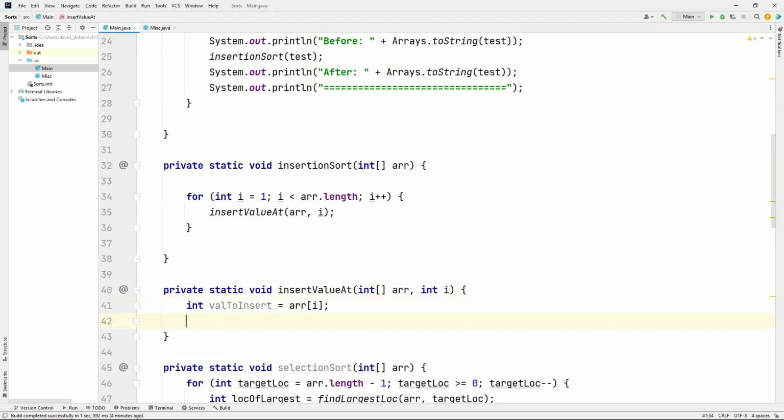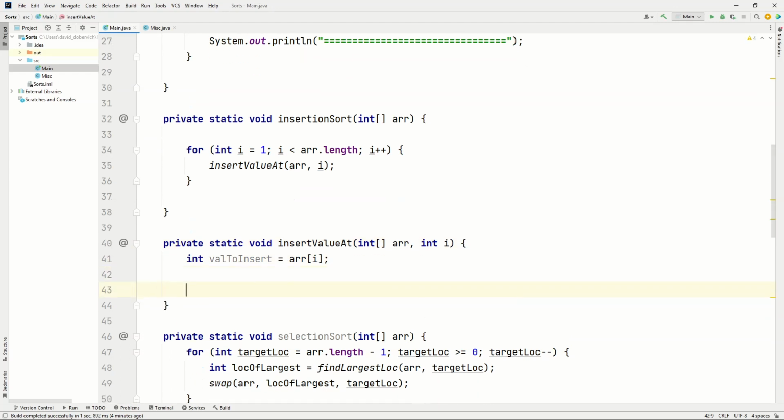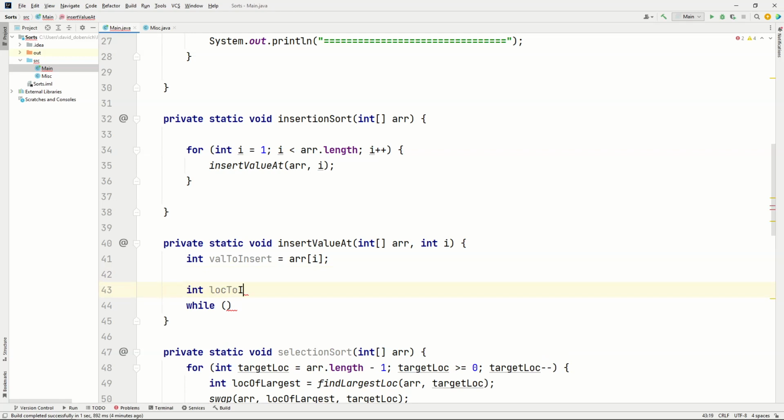Okay, so now we'll have the value to insert. And now we'll have a while loop where we're going to search left. So let's make location to insert, and I'm going to start that at i minus 1, because I want to start by looking at the position that's directly to the left of the value I want to insert. Okay, so as long as the location to insert is in bounds,